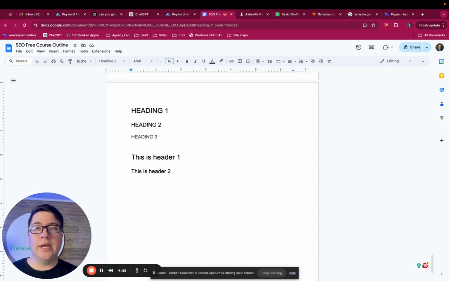So if it's something like home remodeling, maybe we have kitchen remodeling. That kitchen remodeling aspect could be H2, and then maybe it's something like tile repair. That's kind of categorically below your kitchen remodeling. That might be an H3 tag. So think of it as a hierarchy of what we want to convey with our information. That's one component of technical SEO. The other components of technical SEO are going to be website speed, backlinks, and a few other things.